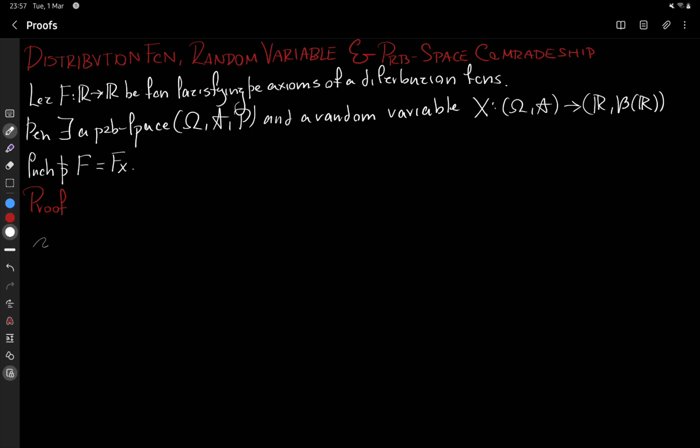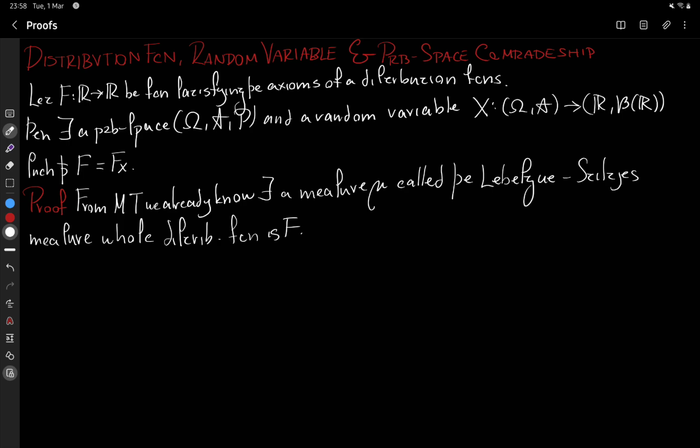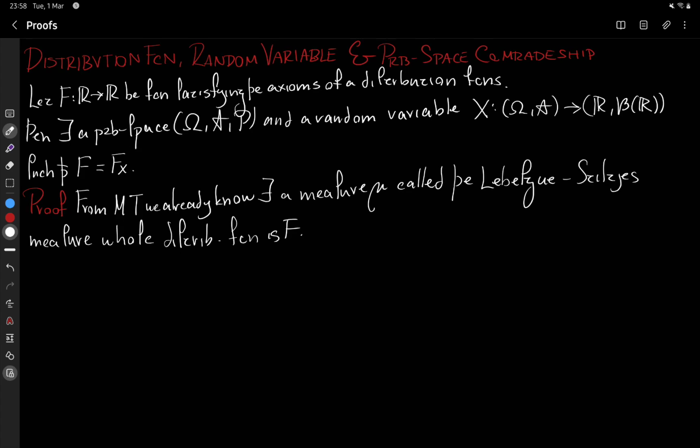Look, we know from measure theory, we already know there exists a measure mu called the Lebesgue-Stieltjes measure whose distribution function is precisely F. Right. By definition,